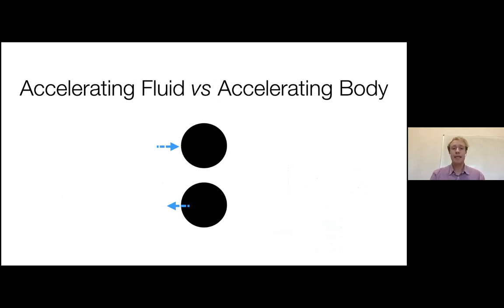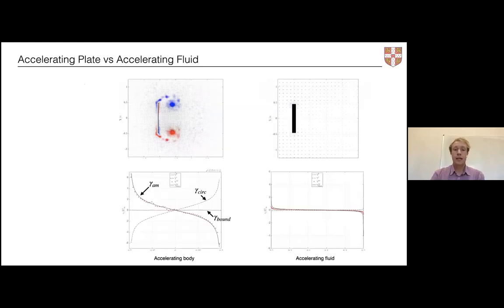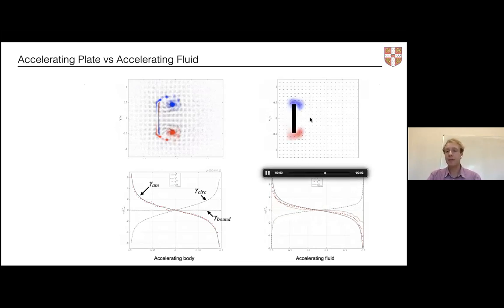And the importance of that is that if we decompose forces into individual subgroups that we add together, we need to make sure that we really do know the real origin of each of these forces, because otherwise we might be double counting them. So now let's look at an accelerating flow field where the body is stationary. For reference, here in the middle, we just have the old flow field that you just saw moments ago of our body accelerating. And now here on the right, we're going to have the flow accelerating from left to right